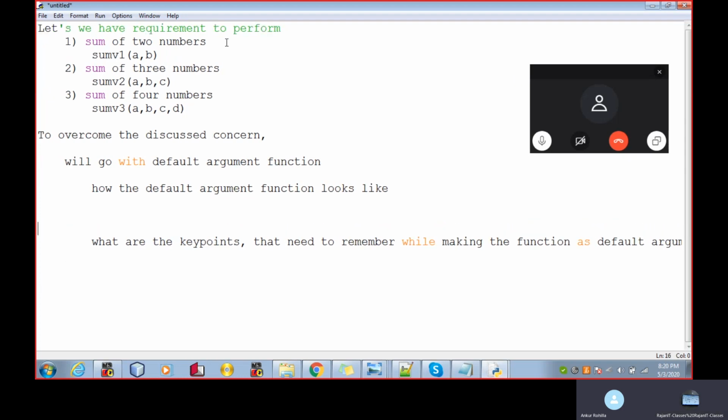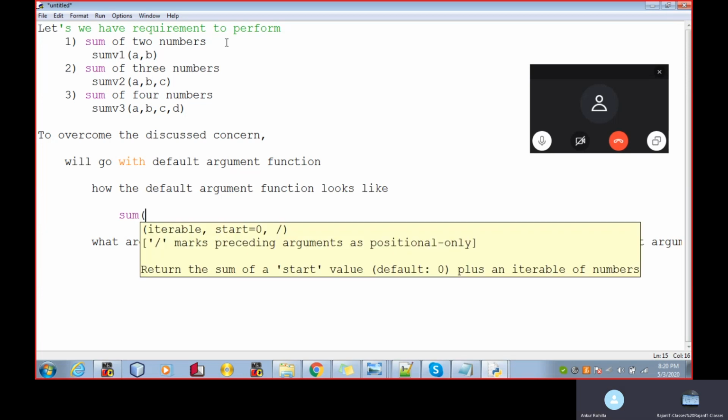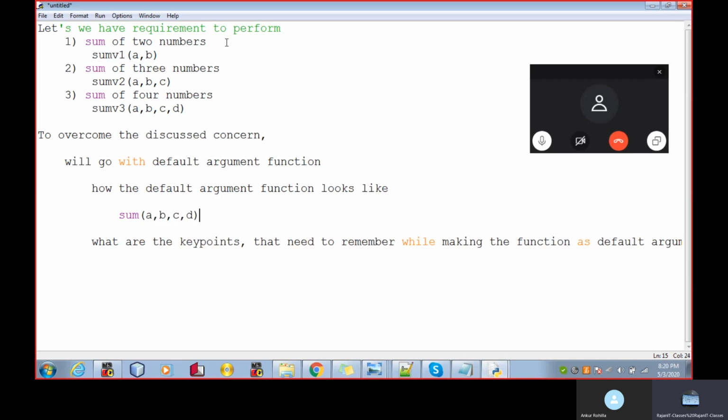I'm going to make a default argument function, the sum. I will give the name of the function sum, not v1, v2, v3 or something like that. We'll provide all the values a, b, c, d, and the very minimum requirement is that to get the sum of two numbers, we must at least pass two numbers.